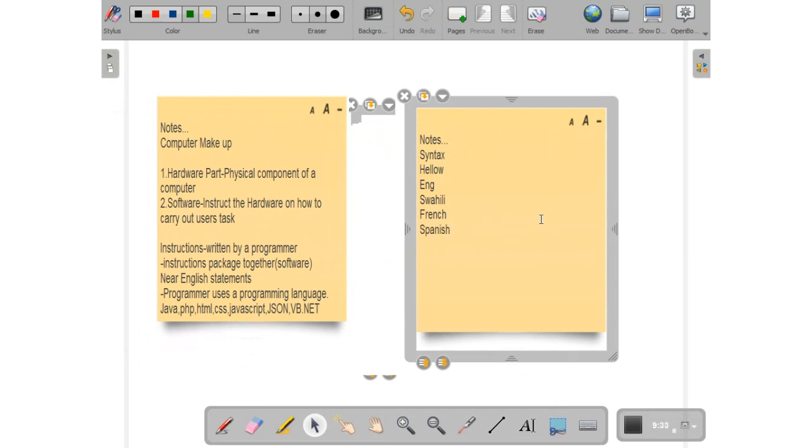But they are saying the same thing. They are always saying hello. Like in Swahili, we'll say jambo, that is greeting somebody. Like in French, we would say, I don't know, that's bonjour. But you're saying the same thing. So similarly